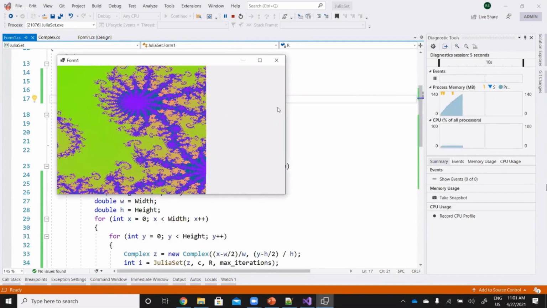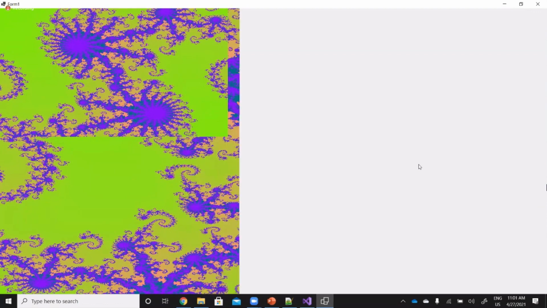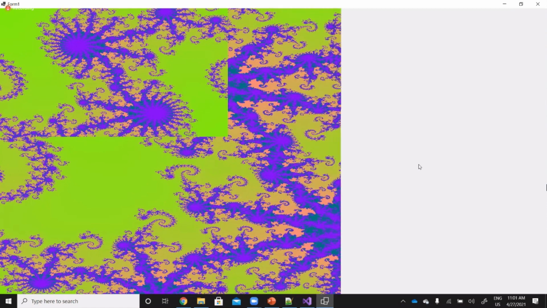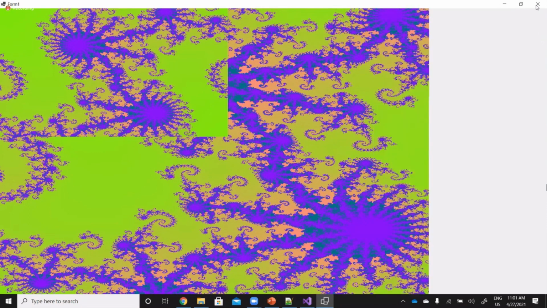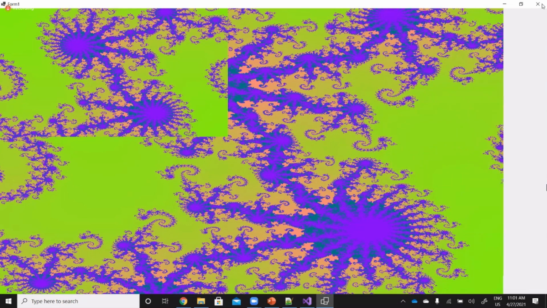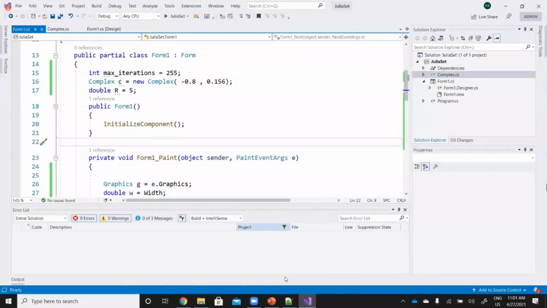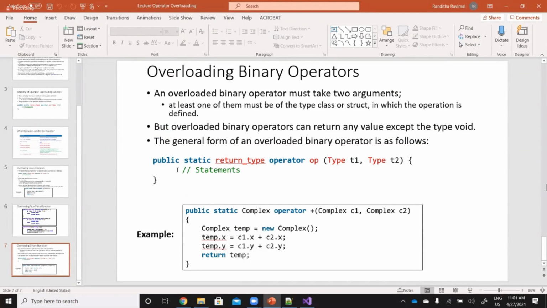You will get more complex art here. And you can go through this article.